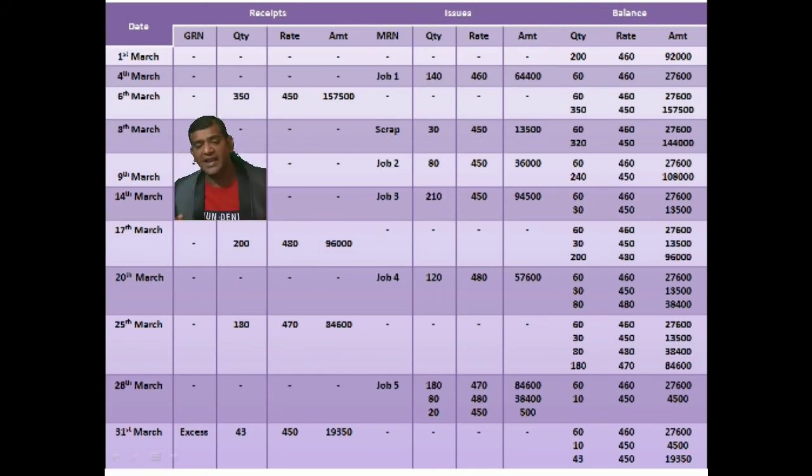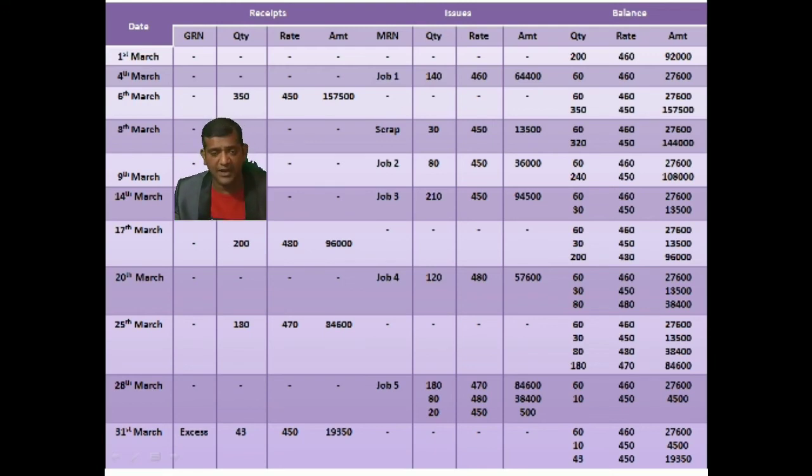So issues, MRN nil, quantity nil, rate nil and amount nil. Go to the balance column. So quantity 60 tons at the rate of 460 rupees, 27,600. 10 tons at the rate of 450 rupees, 4,500. 43 tons at the rate of 450 rupees, 19,350 rupees. So this is the closing balance under last in first out on the last day of the month,